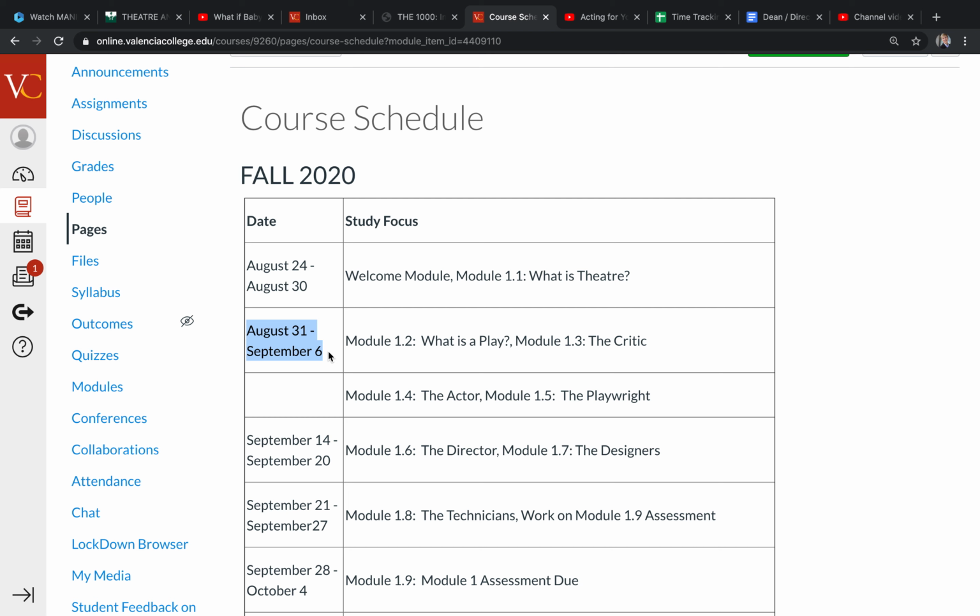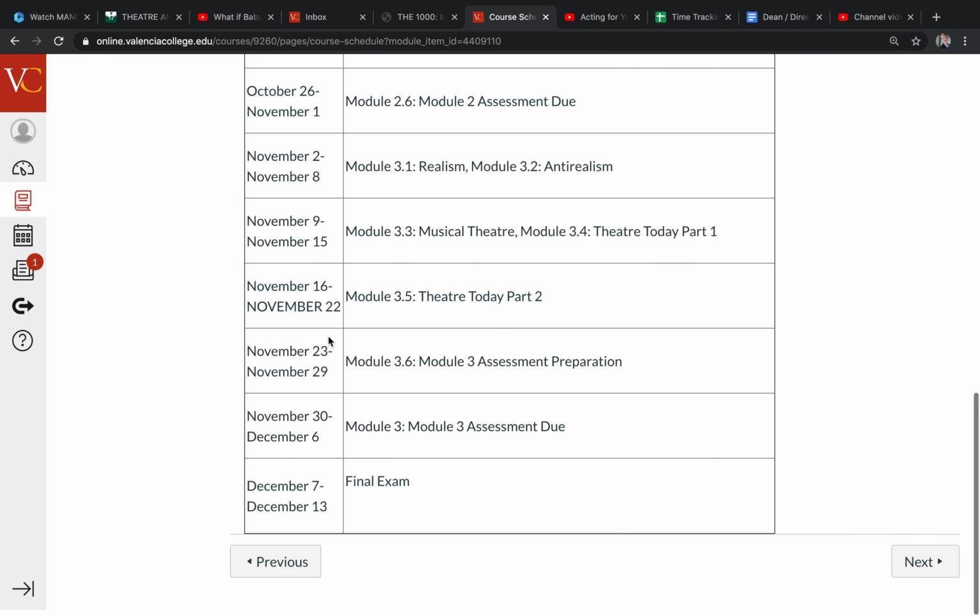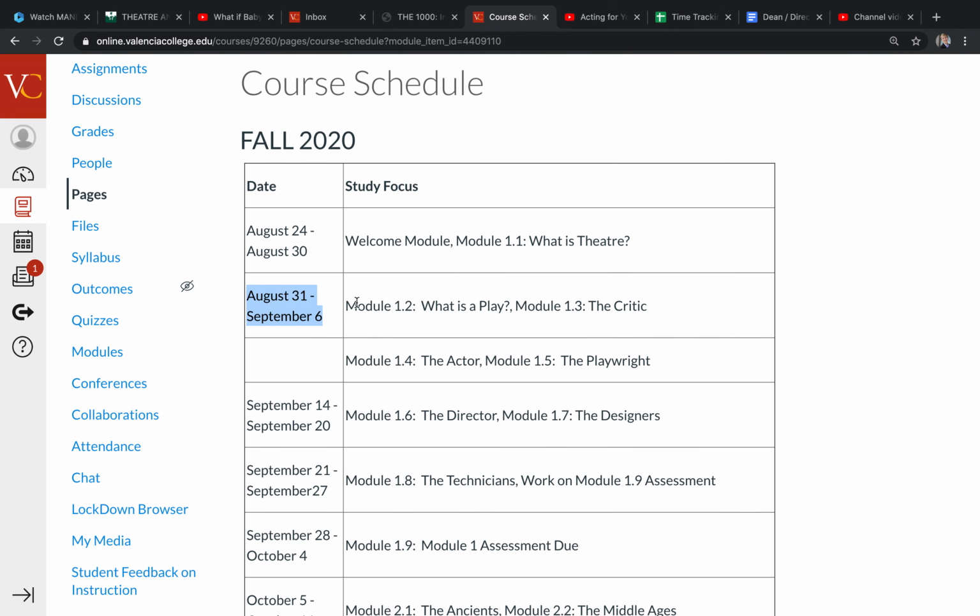As we build this together, I'm going to ask that we keep Thursday, Sunday as the due days. But once you make this class your own, feel free to choose whatever days work for you and your personal schedule and grading spectrum. Okay? The idea is that we're doing 2 modules a week.